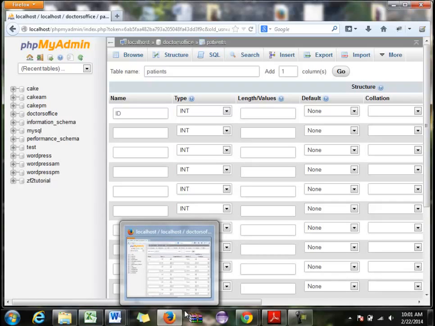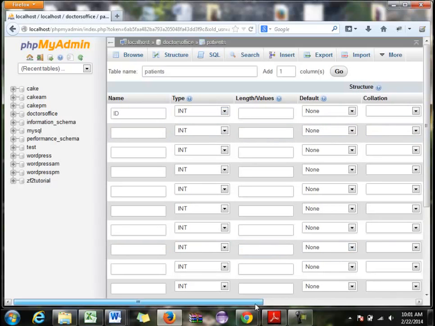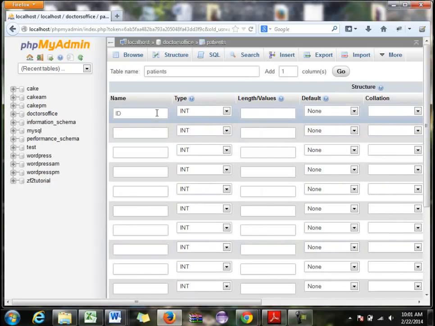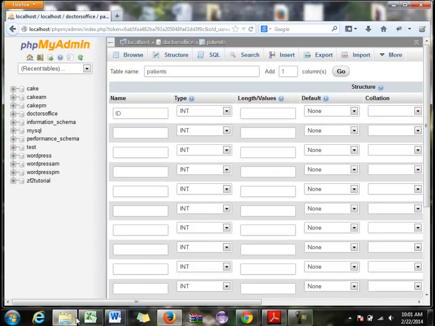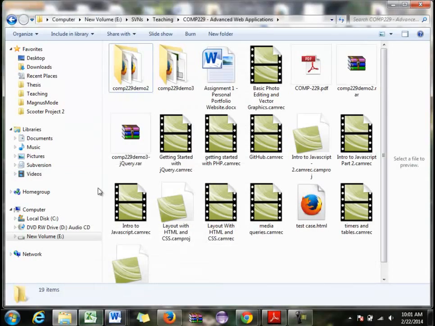You usually want to do that. For an ID, you want to set it to auto increment, because you need it to be a unique number. That's it. So we're going to set the first one to be ID, int, auto increment and primary key. Okay, so looking back at our database here, let's put first name